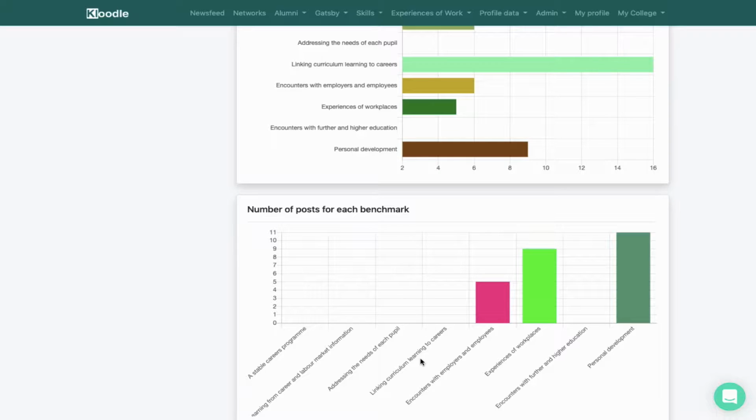The number of posts for each benchmark. Now, posts is an interesting one because students can retrospectively tag in the benchmark after they've created some content on the profile. It might be that they've done something on work experience, they've gone to visit a university, or they've gone to listen to a talk, and they've created the post on the profile. It might be afterwards they then want to link that back, or you as a member of staff want to link that back to a particular benchmark. You can do so by editing the post and then clicking on the benchmark, and then those stats would get represented in this section here,